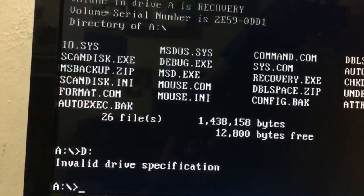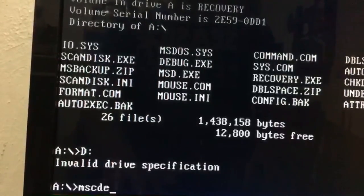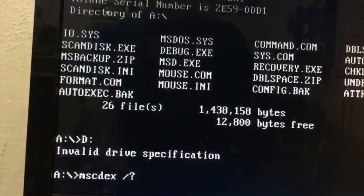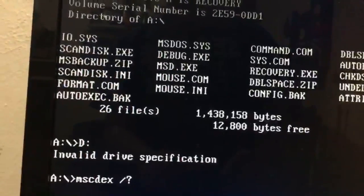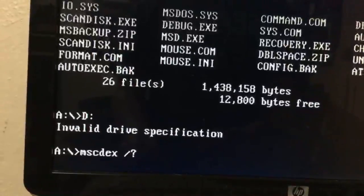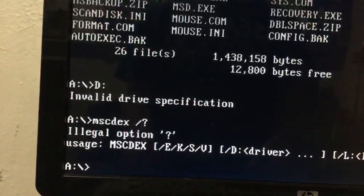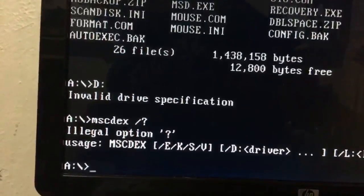Okay. So I guess we're going to try MSCDEX. We're going to see how that works out. It's probably going to say incorrect DOS version. It's going to make you put back in the other floppy disk. I would have thought that there would have been... yeah, I know. Illegal option. I can give you an MS-DOS 7 ISO with DOS you can install on the...